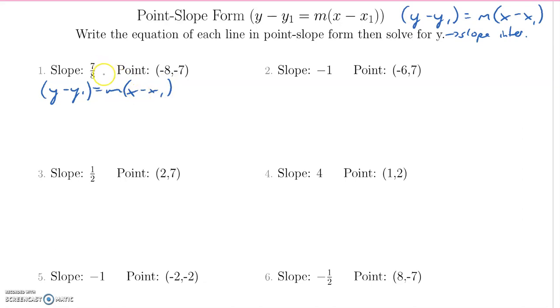So for my slope, that's 7 over 8. That just goes where this is, and then I've got x and y values right there. So my first one here, this would be y minus my y1, or my y value I have is -7, so that's take away 7. I'm going to put that in brackets because I got to be careful with my negative. And then I've got my slope is 7 over 8. And then I've got my x take away, and my x1 value is -8. So I got to be careful with that negative again. So I'm going to make sure I put little brackets around it, something like that. Okay, so there's my basic setup right there.